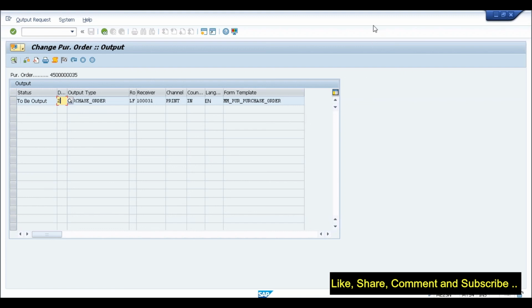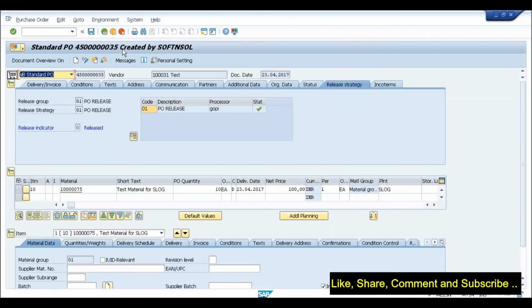So Gaurav, when we select this as 1 and it is being processed, does the status change or does it remain to be output only? Yes, the status will always be to be output. Even if you are selecting 1 or 2, it will be to be output only. It will be in preparation till the time you send it for output. Once you send it for output, the status will be to be output.